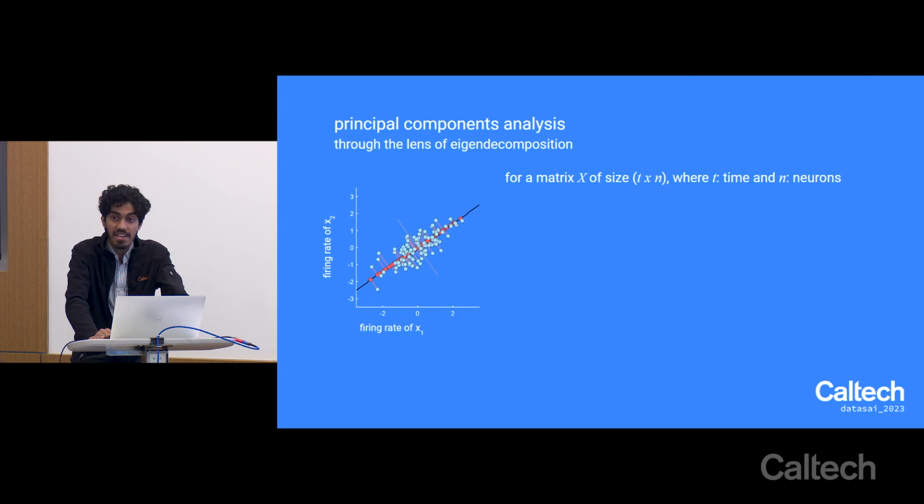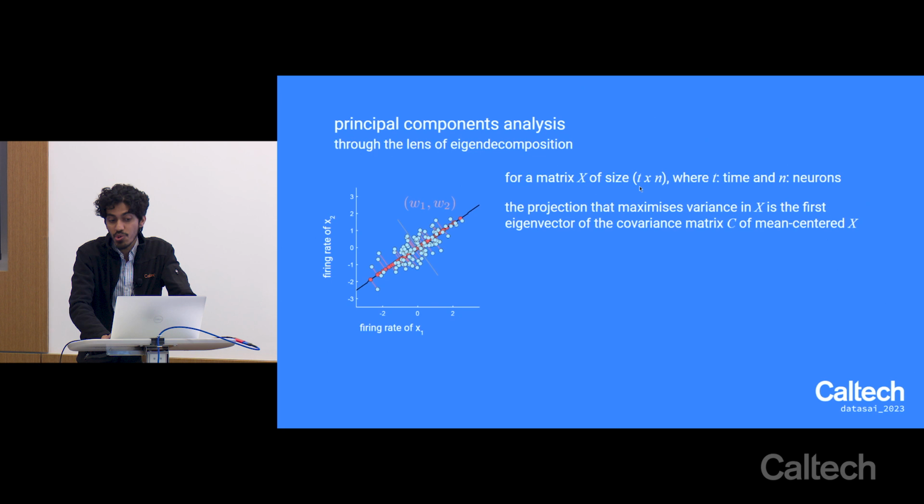We're going through this at one level of depth right now. We'll talk about this again several times through this course. But in Eigen decomposition, let's consider a data matrix. All right? This matrix is of size t by n. So t here are rows, n here are columns. So t represents time points in a sort of time series neural data set, and n represents a number of neurons.